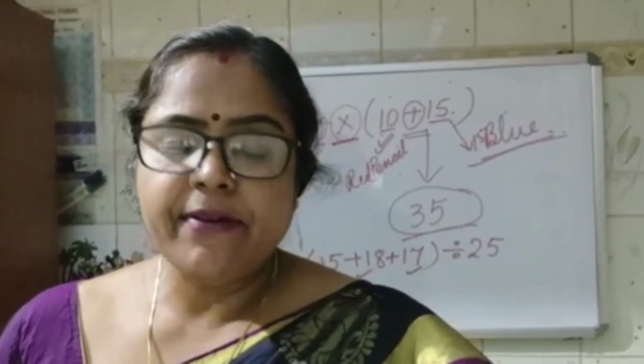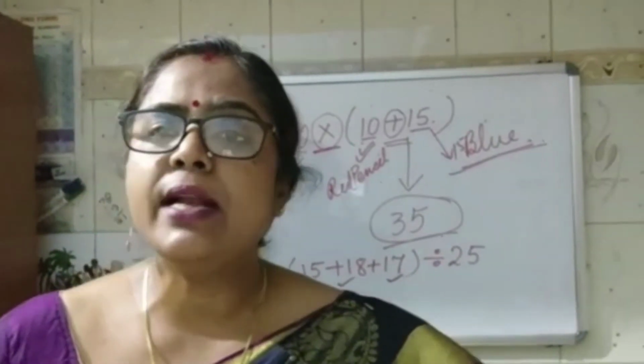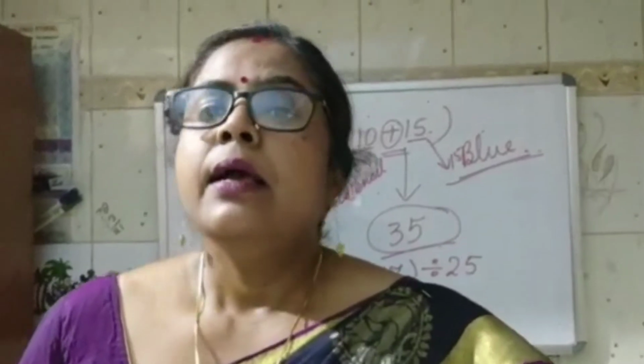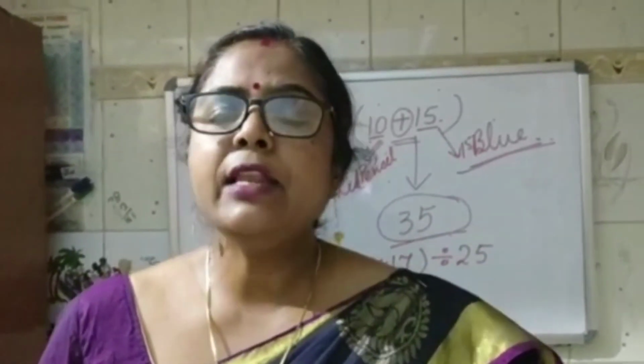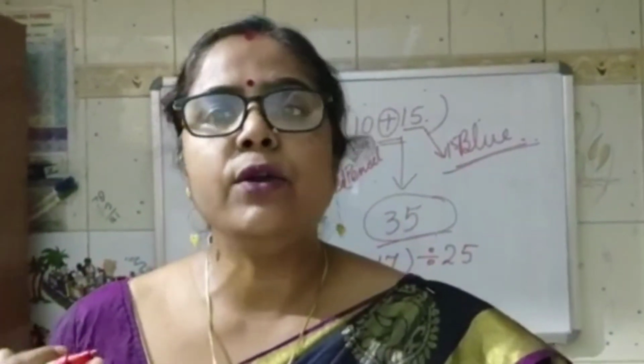Chapter revision, it is given, choose the correct option. Four options are given and you have to choose. So some questions you can do mentally also, and some of the questions you need to work out. Either it is choose the correct option, filling the blanks, or any other topic, you have to make one rough column at the side of the copy and then you solve it and then you get the answer. If it is mental work, you can do it directly.